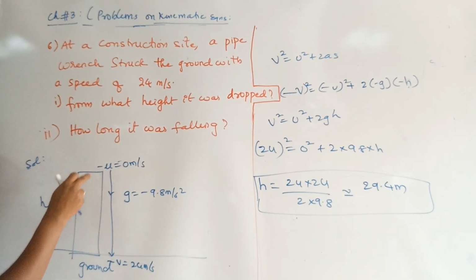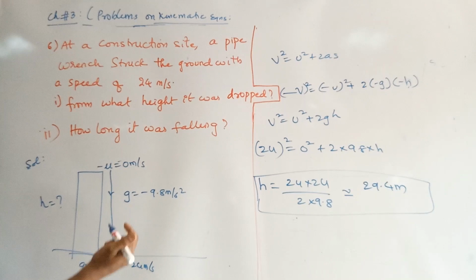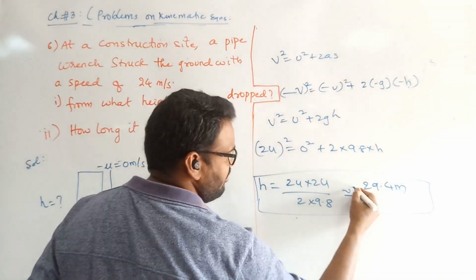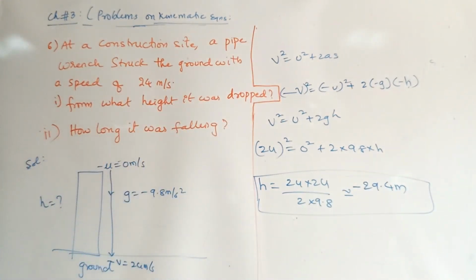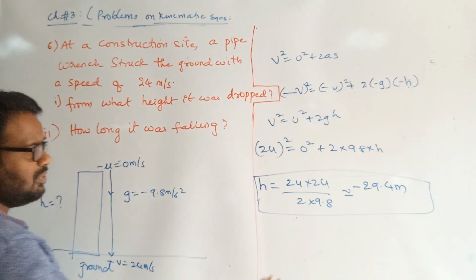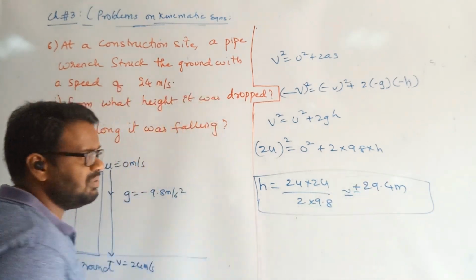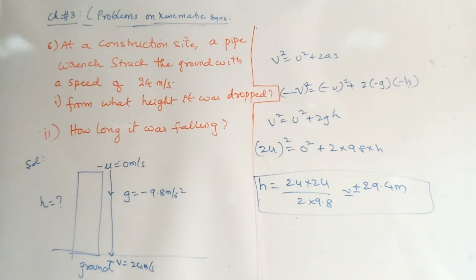If it is measured from the top surface to the ground, how should it be mentioned? It is coming downward. Why can you put H equals minus 29.4? If you are measuring height from top to bottom, it is minus 29.4. Or if you are measuring that height from the ground to the top, then it is going to be plus. I am leaving it to your wisdom now. When is it plus 29.4 and when is it minus 29.4? This height is constant, no doubt. Height is no doubt 29.4 meters.